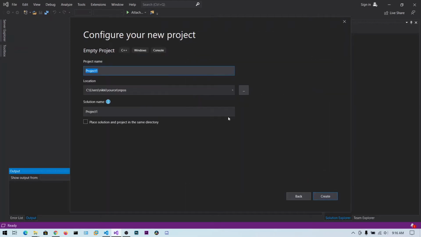Click on next. You can name your project hello world underscore ASM. This is the project name, and you can also specify the location if you want to change it, and click on create.